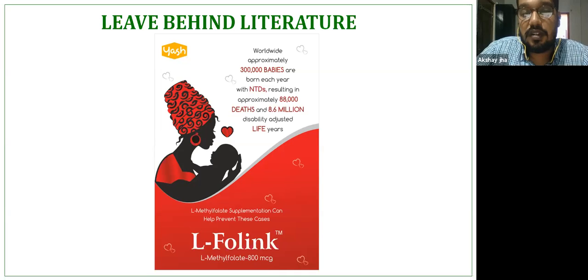The literature we designed here is a front and back. This literature was designed in Kenya. It is very important for all of you to understand which market you are putting this product or literature in, because that is important in defining what kind of theme you put in it. Because this was specifically for the African market, specifically for a country called Kenya, the theme you see is of a black lady. If you see the dressing, it indicates that it is from that region.